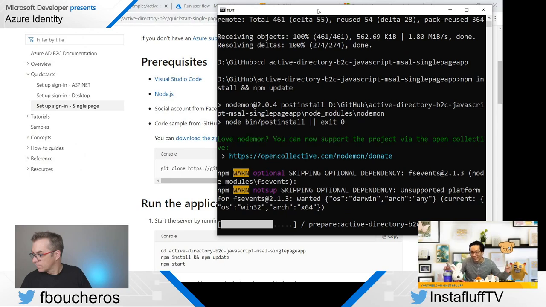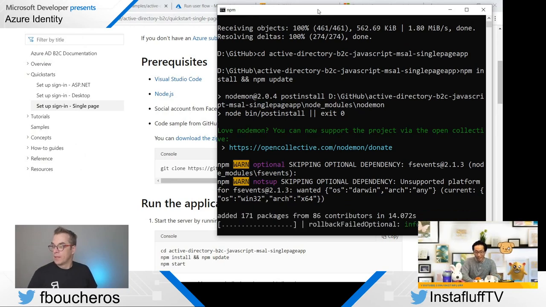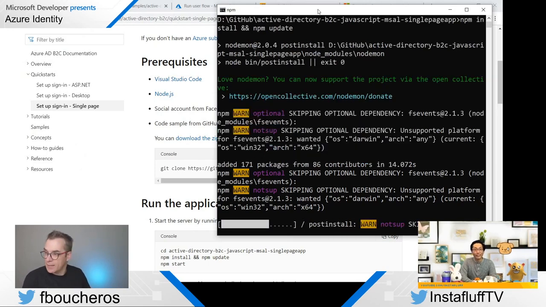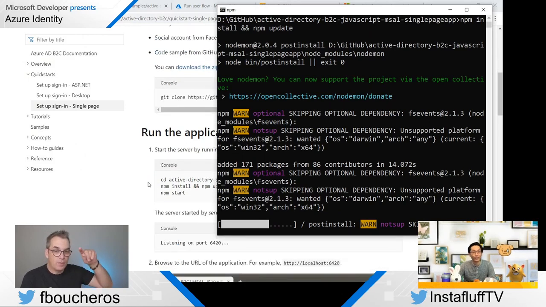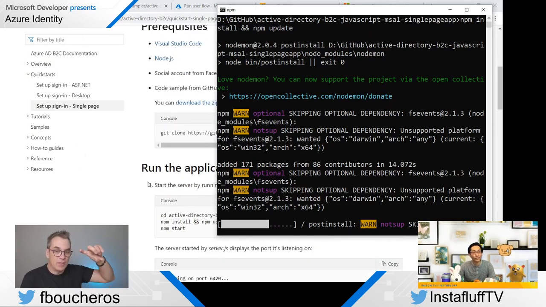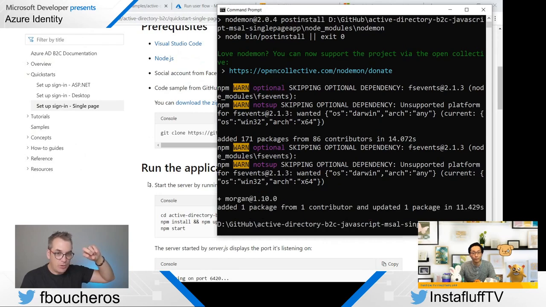Love NodeMon. Yeah, we love NodeMon. Oh, yeah, because when you create, even with .NET, if you write, for example, .NET new, and then you specify auth, like AU, and then you say single org, or you have different options, and then you pass the client ID and the tenant ID, it will configure the page for you, and then you could just run it from there.